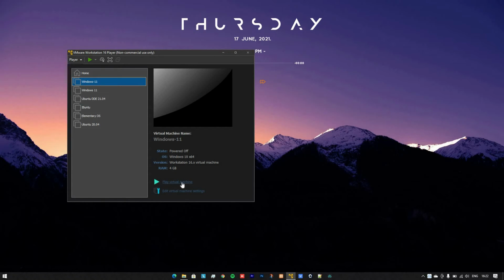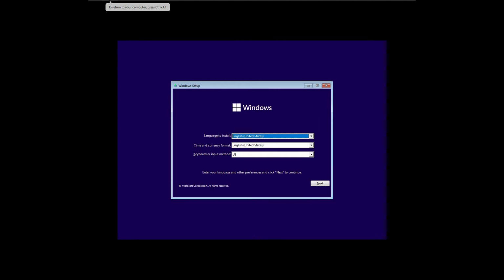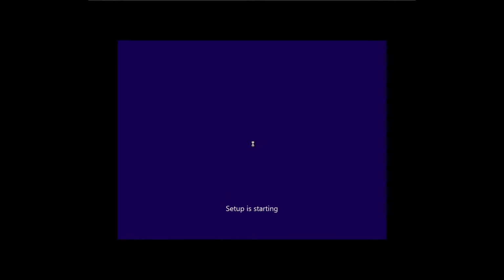Now to start the machine, we have to play the virtual machine. And here we have to press enter. Here I will just click on next and I will click on install now.